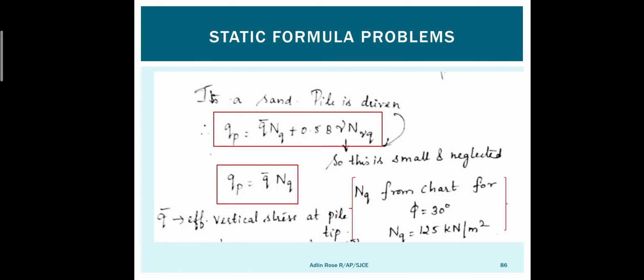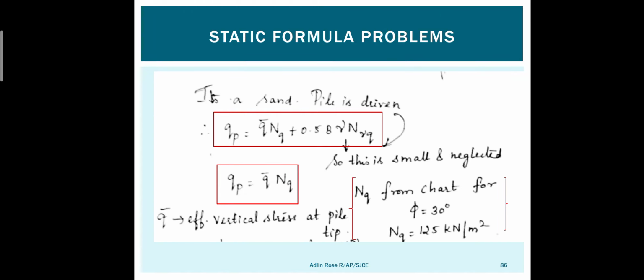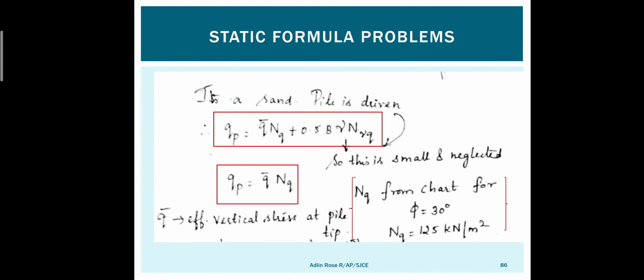Always when you take a soil, the soil is a granular material, so we have voids in it. The voids are going to be filled with water or air. When the water is there, it will exert some pressure on the soil, and that is pore water pressure, which is represented by the letter small u. And we have sigma there. We have another stress acting there apart from the pore water pressure, and that is intergranular pressure. One particle exerts stress on another particle, and that is effective stress or intergranular pressure.